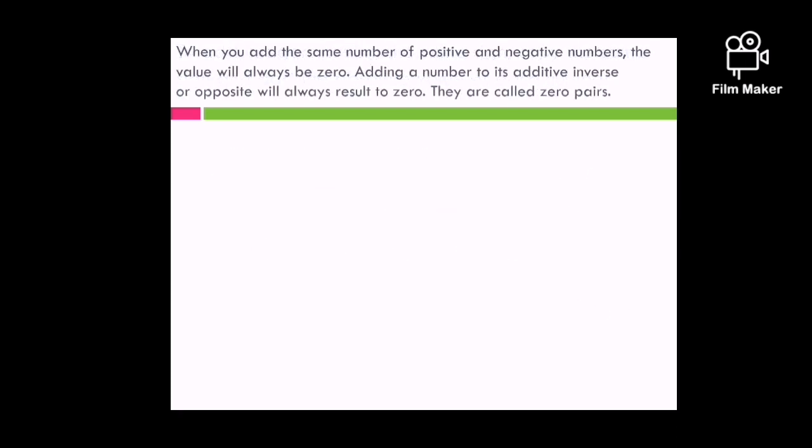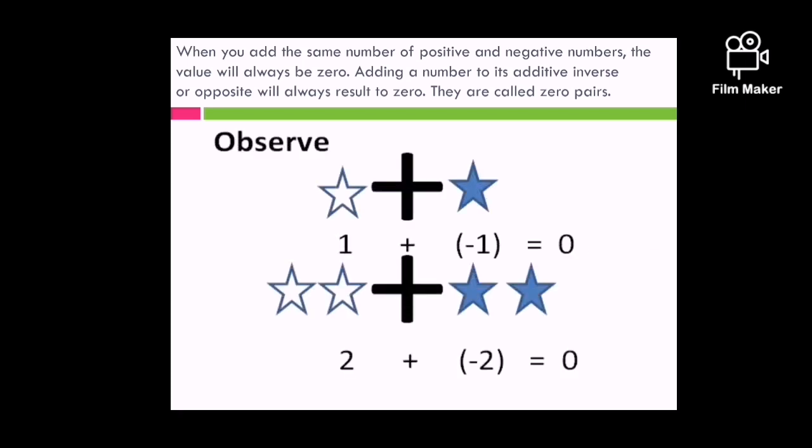Next, when you add the same number of positive and negative numbers, the value will always be 0. Adding a number to its additive inverse or opposite will always result to 0. They are called zero pairs. So, observe this. As you can see,